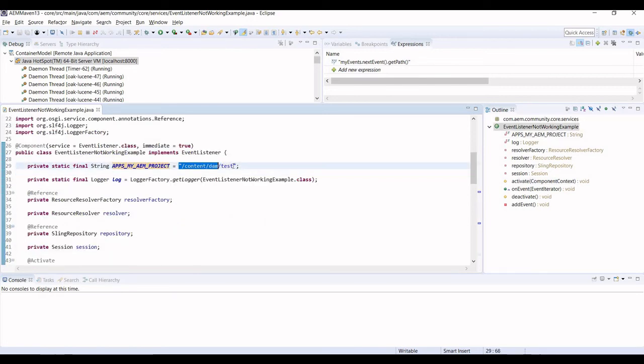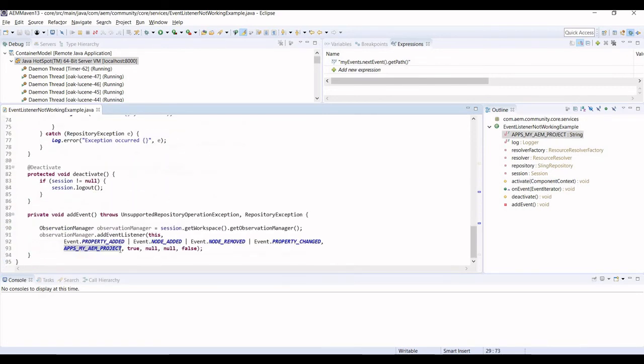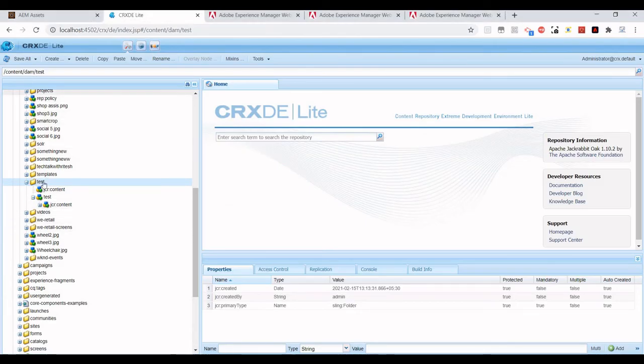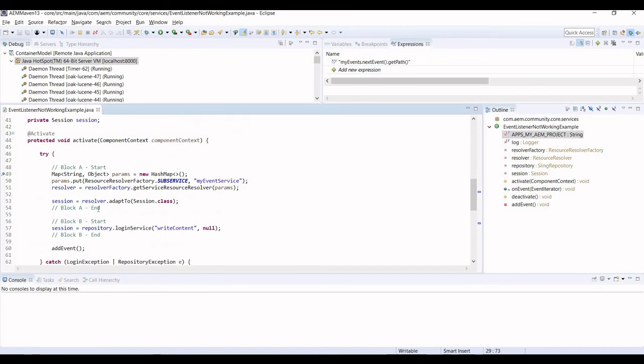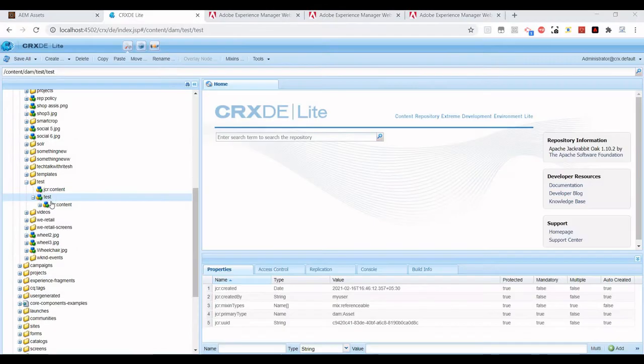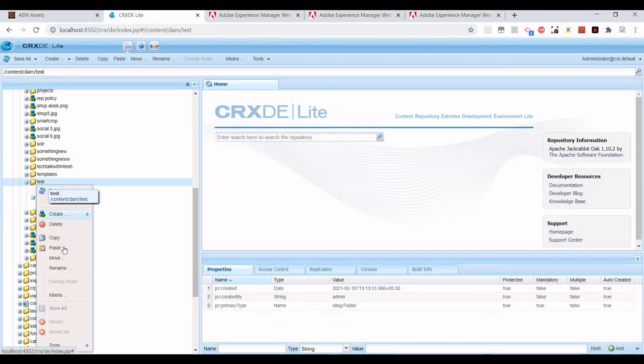Basically, if I add any new node under the content test folder, that is what I'm going to do. It's my content test folder, and I have started the debugger, right? Yes, I have put a debugger here, and I will try to add a new node.